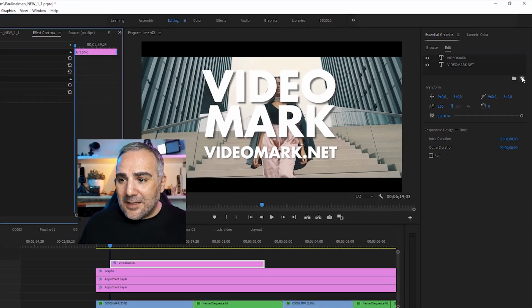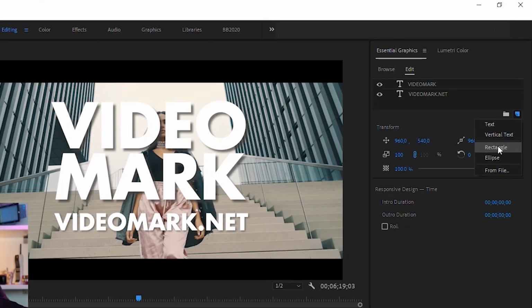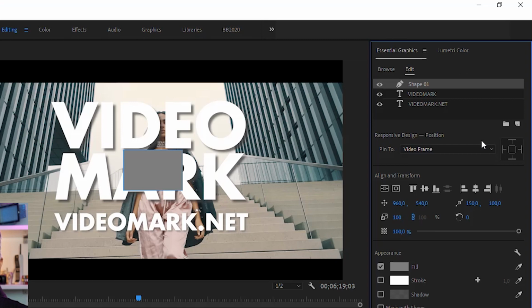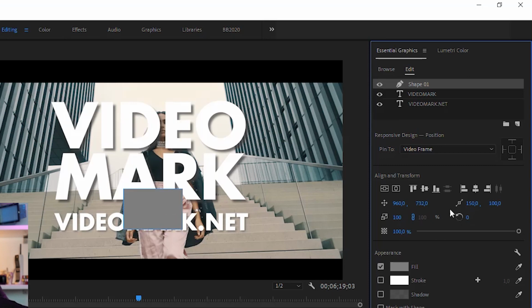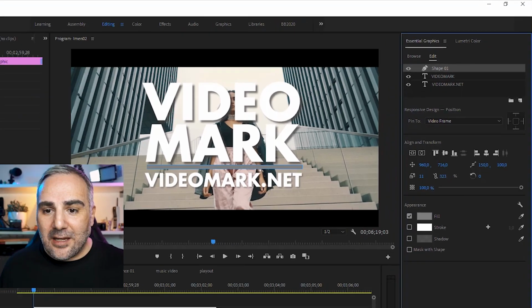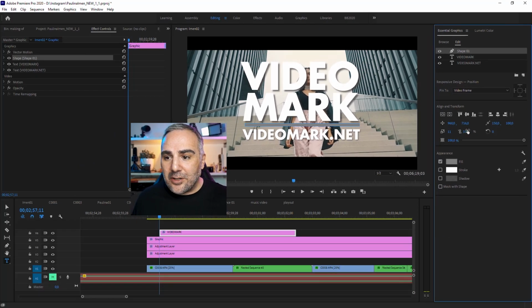that's shapes. Let's go back to the new layer icon and click on rectangle. What this does is it will just add a plain graphic, a rectangle, to this whole scene. And when we move that in place, let's center that first and then move it in place. Now, when we uncheck this here, we can change the scale, the height, and the width like this. And now you have a nice clean separator between